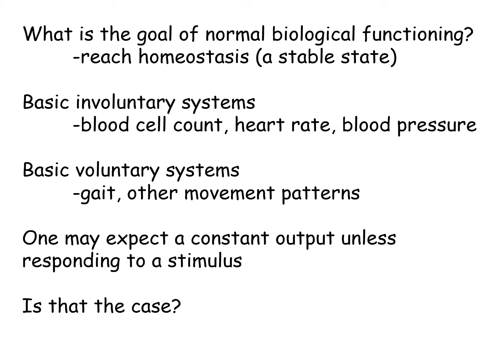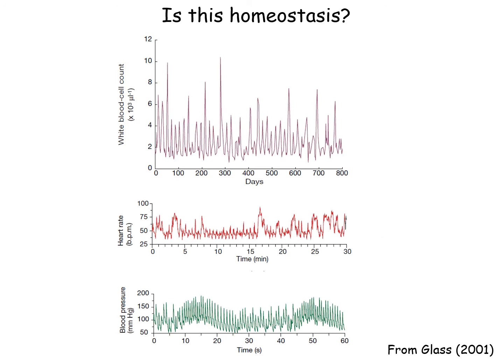That's where we look at our homeostasis, in that our heart rate shouldn't change unless there's a stimulus. Our breathing rate shouldn't change unless there's a stimulus. Your gait, from your stride time and length, should be about the same unless you're changing it. But is this really the case? Even without perceivable changes, as far as what we can notice, is this output constant? So here we have 3 examples.